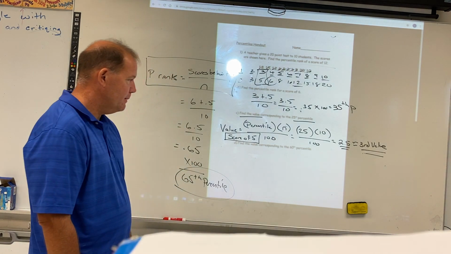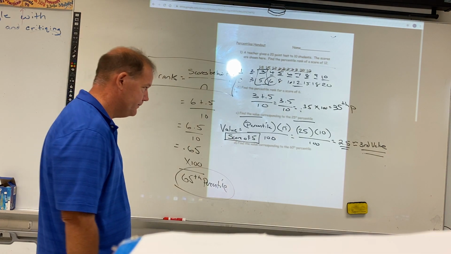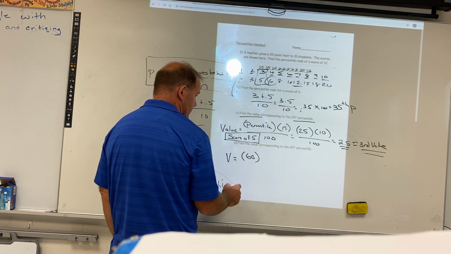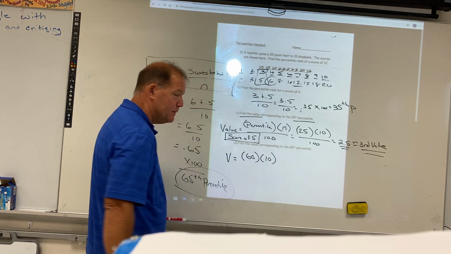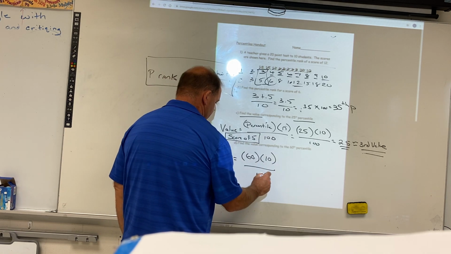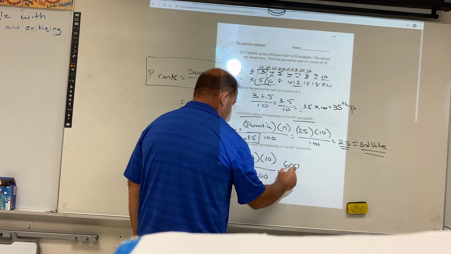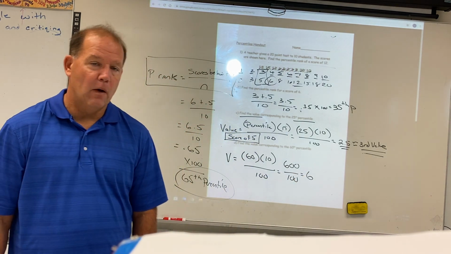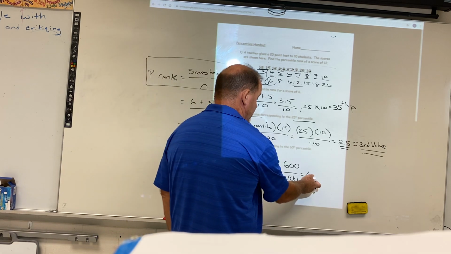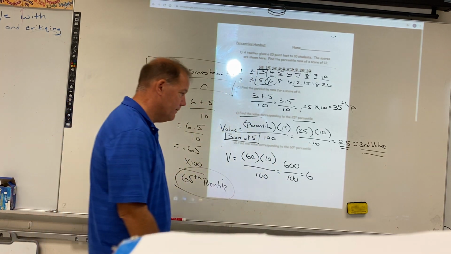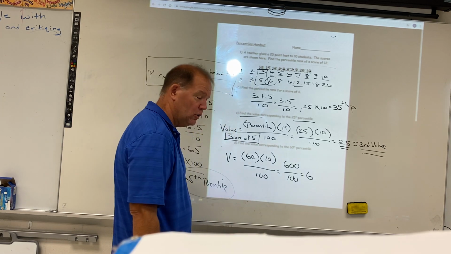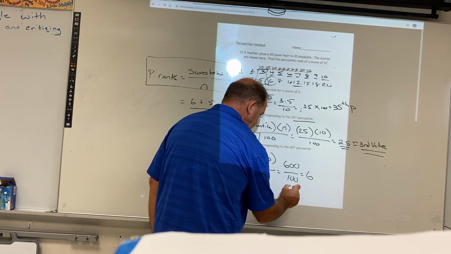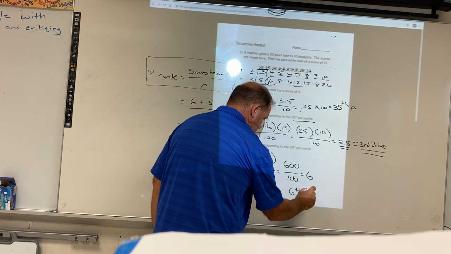And if we look at the last example, the 60th percentile. Again, if I use my formula, 60th percentile times 10 values divided by 100. The difference between this one is that my value came out to be a whole number. When your value comes out to be a whole number, and it's a little quirky with this formula, we're going to look at the 6th value